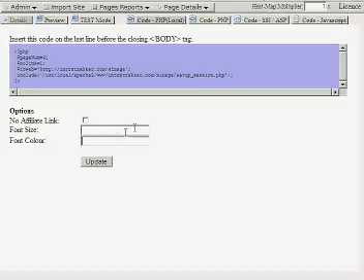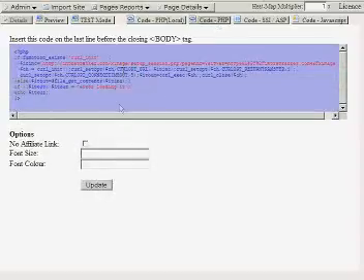The other things that appear here pretty much work exactly the same way. So if I click on code PHP, you see it looks exactly the same down the bottom here. Got all the same options. The code itself is a little different, but you don't really need to know or care what the